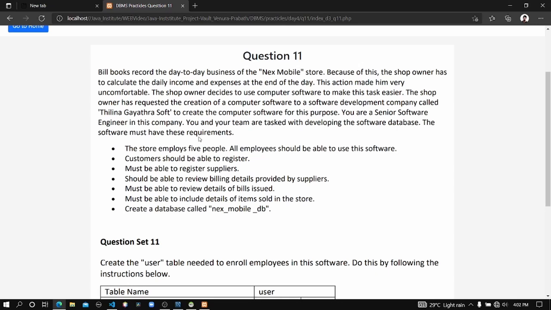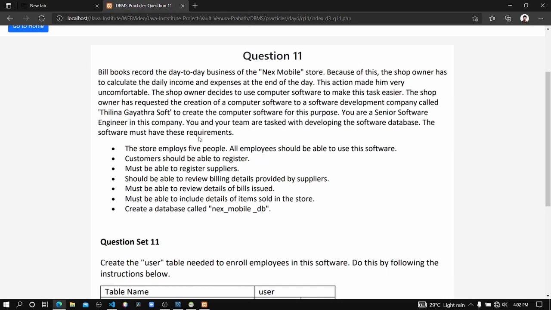You can see there are many requirements we should collect in our database, and in this case we have to create many tables, more than one table. So I think it's better we use an ER diagram for completing this question.